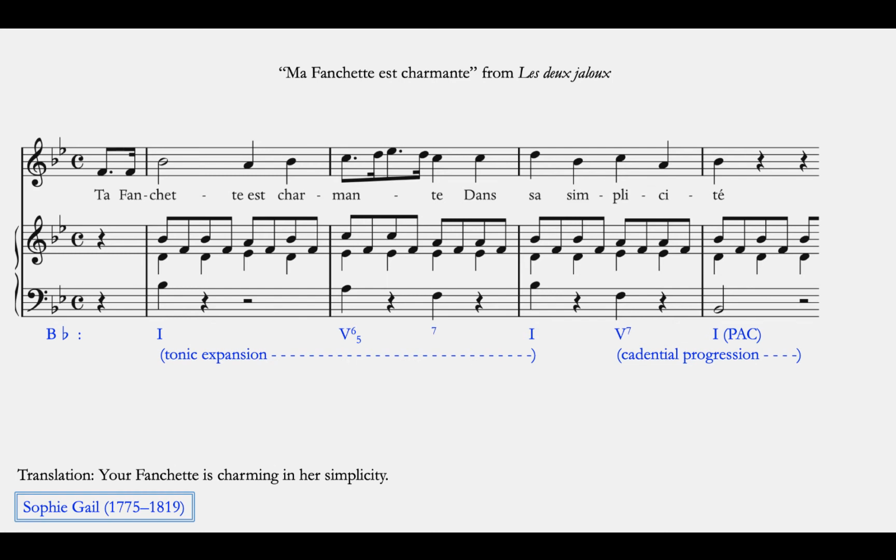So I wanted to relate this idea of inverted chords in middles of phrases as having something to do with the idea that many phrases start on tonic, have a tonic expansion, and then end with a cadential progression. That's the first idea. Second thing I wanted to talk about, when we take a look at bar 2,